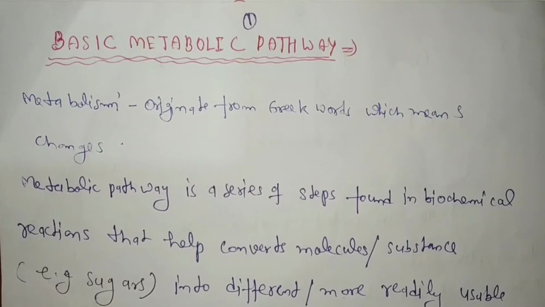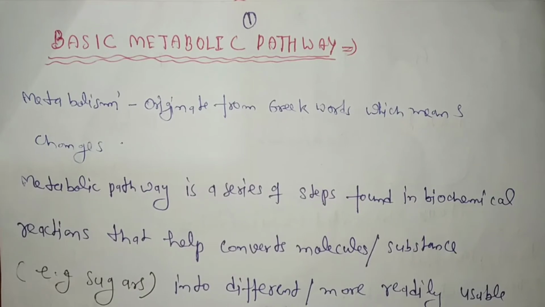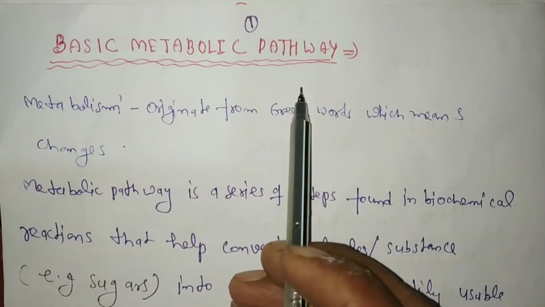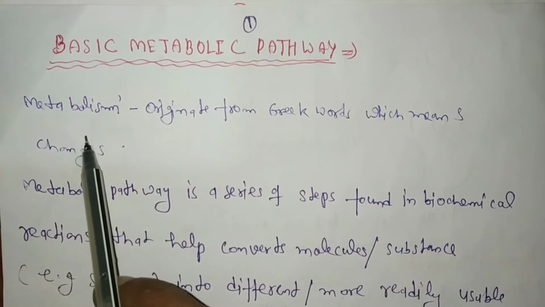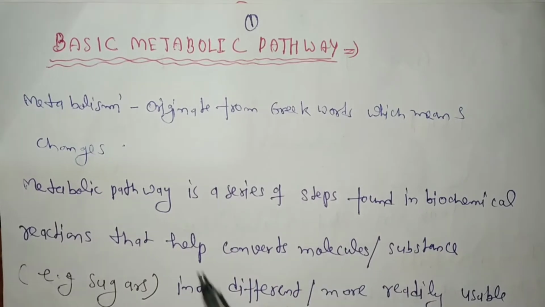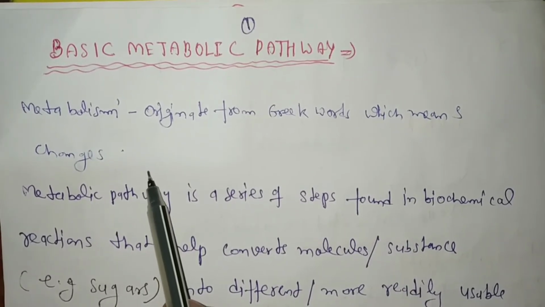Hello friends, today we will discuss the basic metabolic pathway in pharmacognosy. In the basic metabolic pathway, first of all, we discuss metabolism. Metabolism originates from a Greek word which means change. Any type of substance in plants or animals which changes,